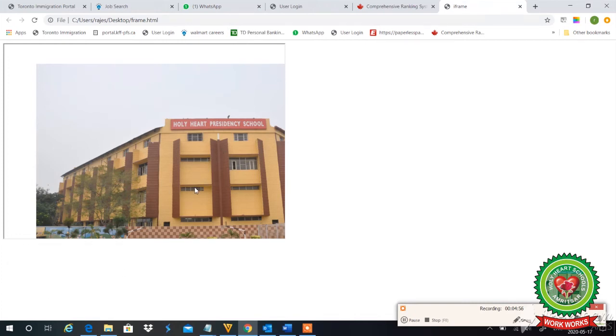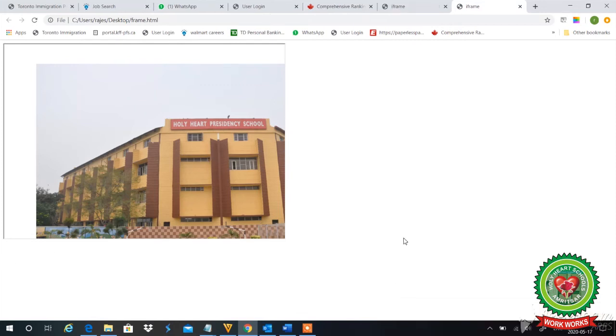If I want the yes, then it will give me the scroll bar, and with auto scrolling it will give me the scroll bar if my image or the web page is bigger than the frame height or width. It will automatically insert the scroll bar. Otherwise, no scroll bar will be displayed over here.